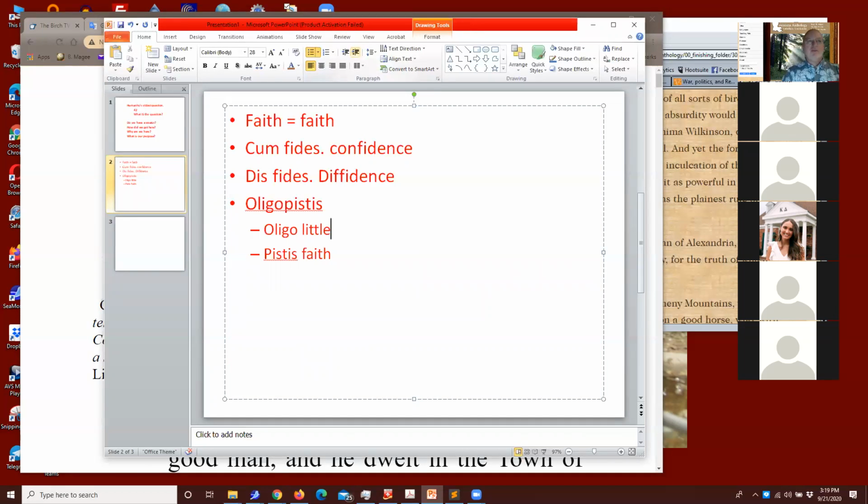And it is a translation of a Hebrew term. You don't find this anywhere else in Greek before this. It creeps into Christian Greek after a while because it shows up in Luke once, and every other occurrence in the New Testament is in Matthew. So where Jesus will say, "Why don't you have any faith?" in Mark, Matthew will change that to, "Why do you have such little faith?" Because obviously they have some faith or they wouldn't be there. There are a lot of people without any faith and they left, or they opposed Jesus.